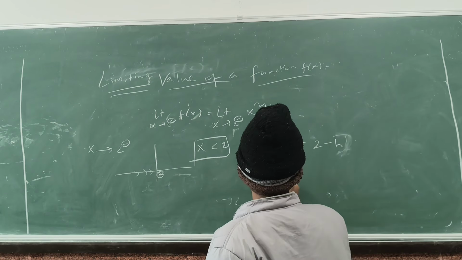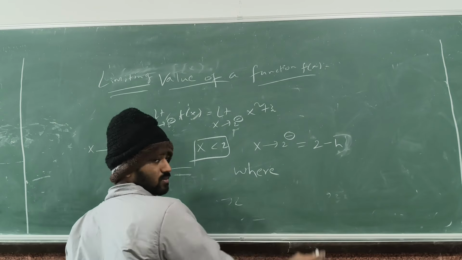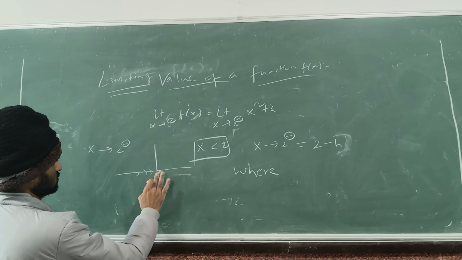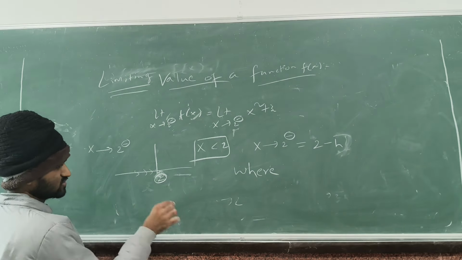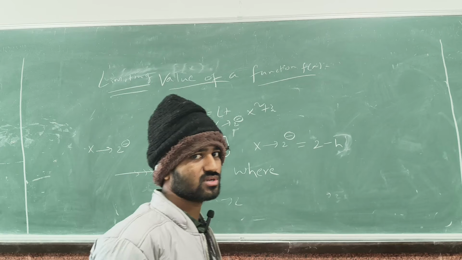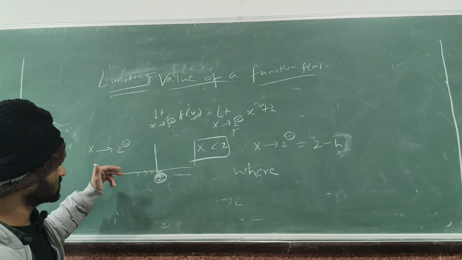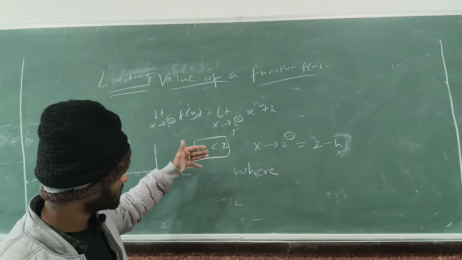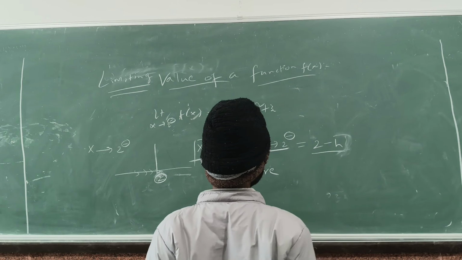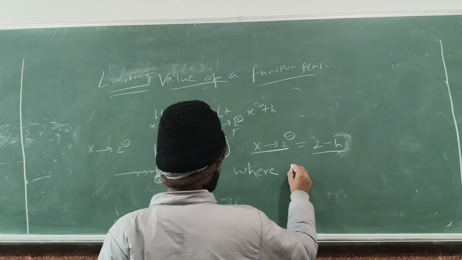Okay, since x is approaching towards 2 from the left side, and on the number line left side quantities are less than 2 and right side quantities are more than 2, so x is less than 2. So I want to represent it as x equals 2 minus h, where